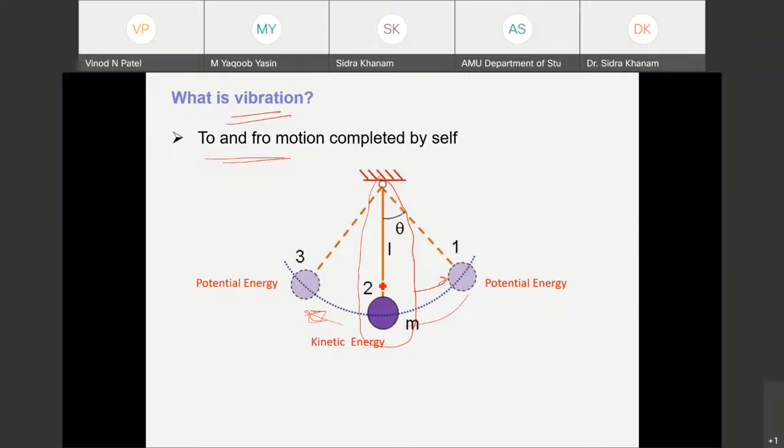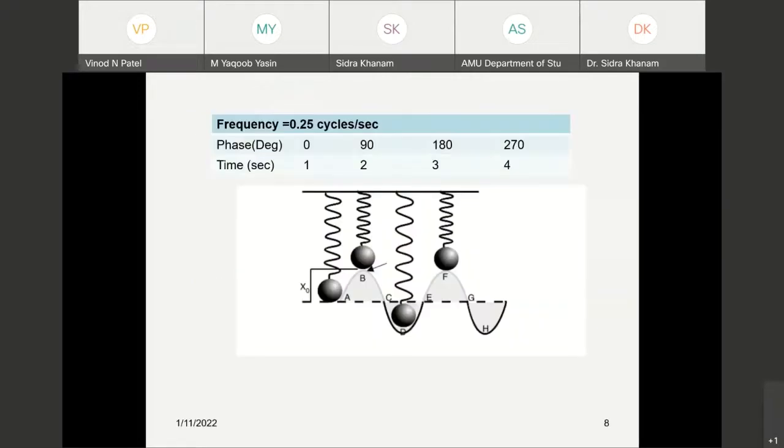As you know, when you disturb it from its mean position, the potential energy reaches its extreme value. When it reaches the zero or mean position, that potential energy converts into kinetic energy. Again that kinetic energy converts into potential energy, and this continues. These are the fundamentals behind vibration: change of motion and change in energy. Most of you are aware of all this.